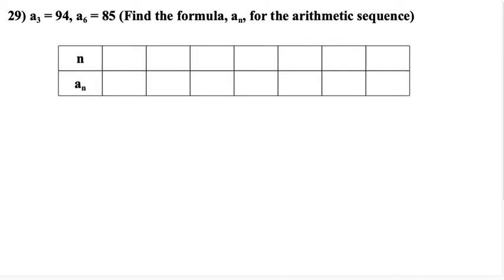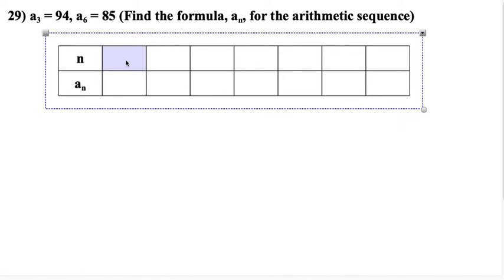So then, taking a look at problem number 29. 29 says, find the formula a sub n for the arithmetic sequence, and it gives you these 2 values. So, easiest way, we know that we have n and a sub n. Then what we're going to do is go ahead and put those in a table. Now I've cunningly arranged this so if I started counting at 0, which is what I'm going to count, right? 0,